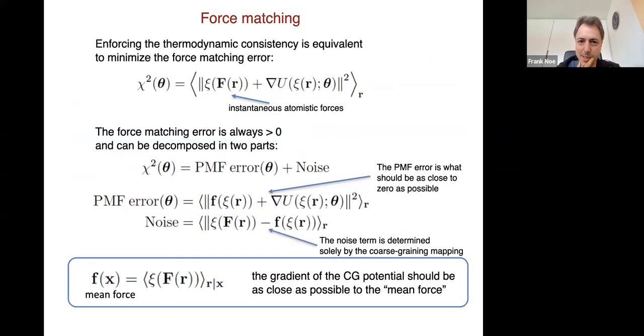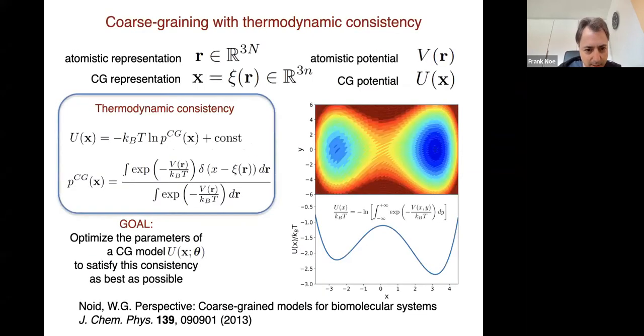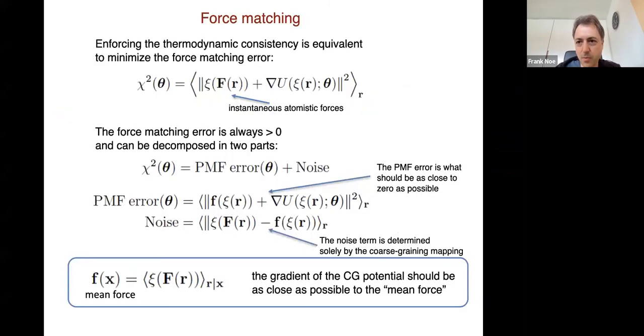And the variational formulation has basically been devised by, I think I have it down here, that citation, by Will Noid, who has used this formulation, especially in collaboration with Greg Voth, on various handcrafted force fields to fit their parameters. And we are basically using this for machine learned force fields now. And the idea is that we can match forces. So you do your all-atom MD simulation, you record the forces on the solute and/or the forces on the coarse-grained coordinates, so the coordinates that you want to keep.